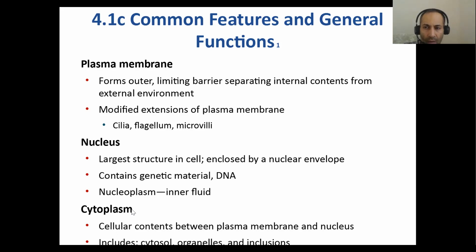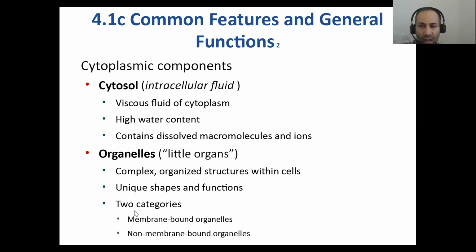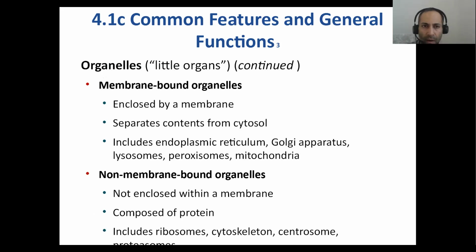And then the cytoplasm, which is this jelly-like fluid filling up the inside of the cell. The cytosol is the watery part of the cytoplasm, as you can see here, has a number of ions, salts dissolved in it. The organelles are these little mini organs, if you will, that again come in two categories, the membrane-bound ones and the non-membrane-bound ones. So what are the membrane-bound organelles? Here are some examples. Endoplasmic reticulum, or the ER, Golgi apparatus, lysosomes, peroxisomes, and mitochondria. They're surrounded by membrane. Then the non-membrane bound organelles, examples include ribosomes, cytoskeleton, centrosome, and proteasomes that do not have